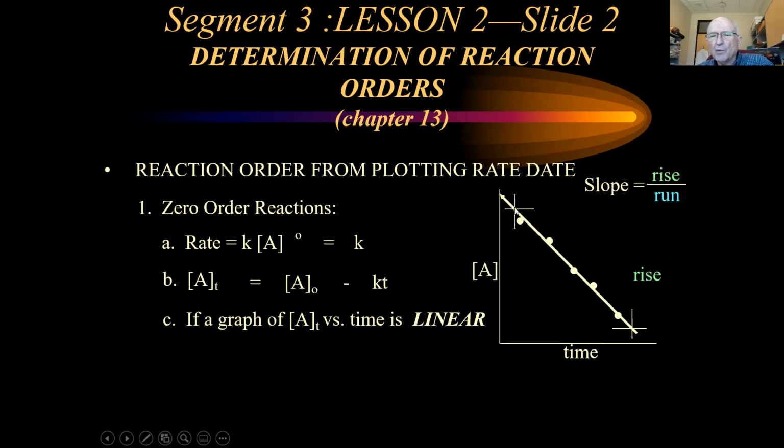So this would give you a point here, and then you look for a similar point far away from that one. On the other end of the graph, you find a point where the line goes through the intersection of your